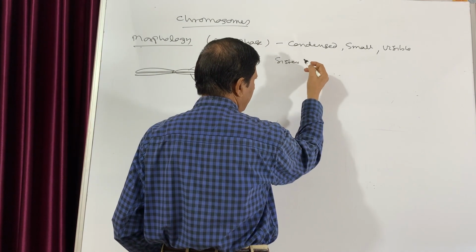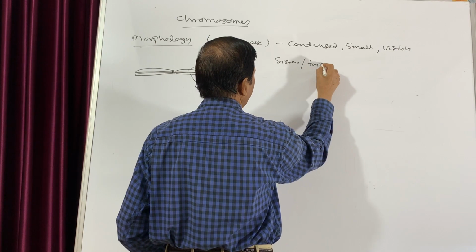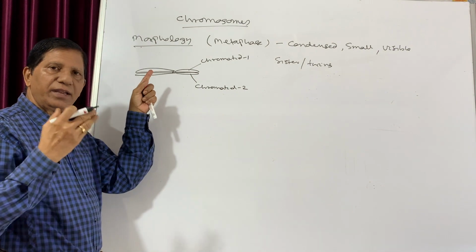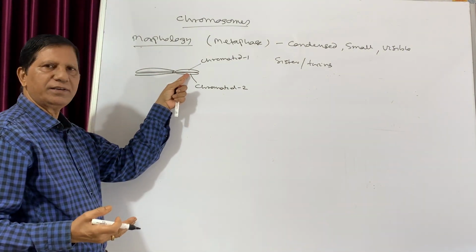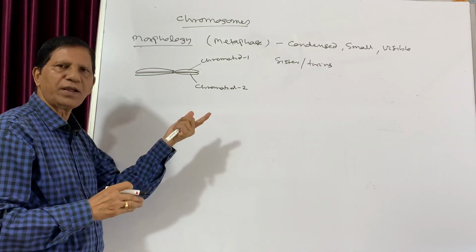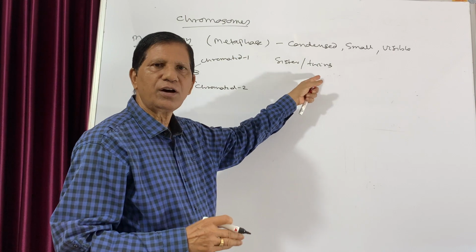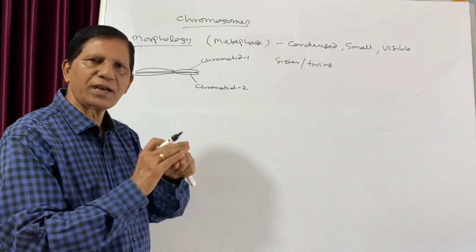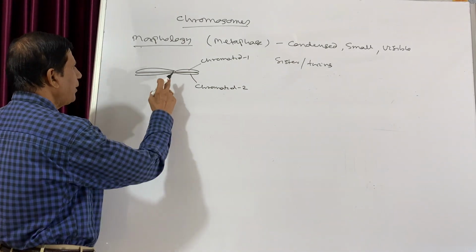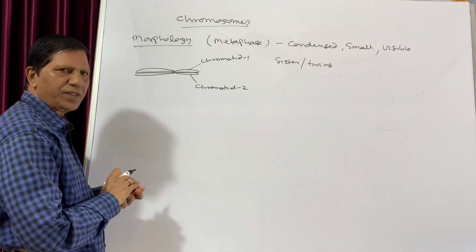or we can call them twins, because initially in interphase there was a single chromatid and during S phase it doubled. So one is a duplicate of the other. That is why we call them sister chromatids or twin chromatids. Both are exactly identical, and they are completely separate from each other except at